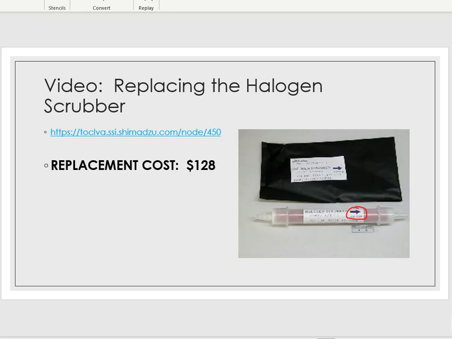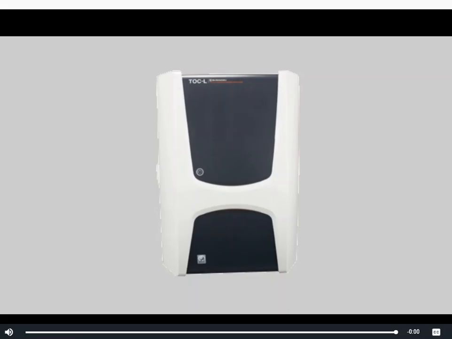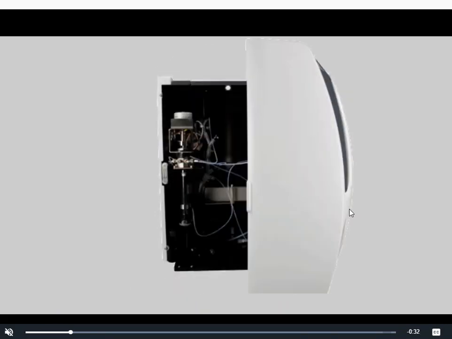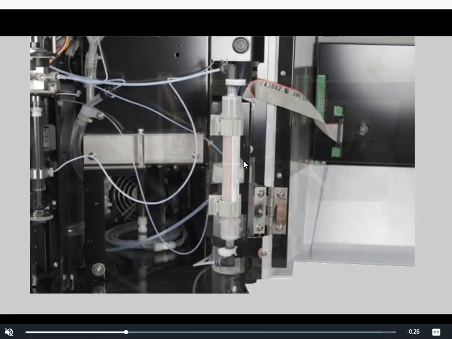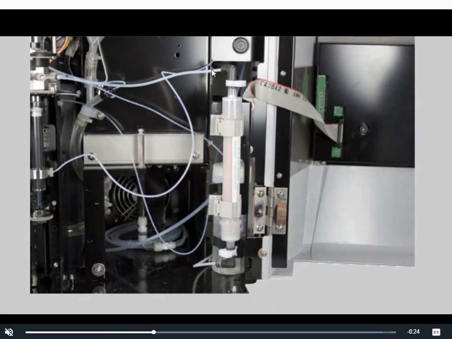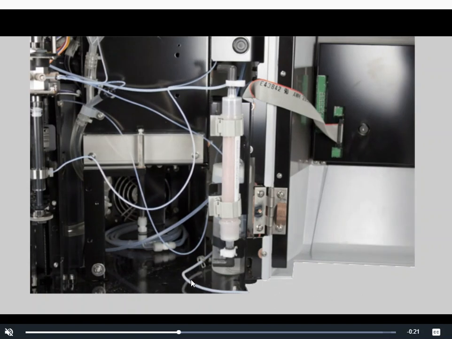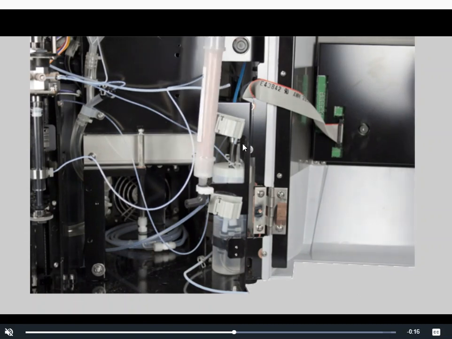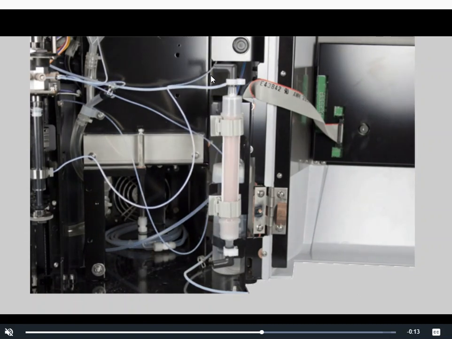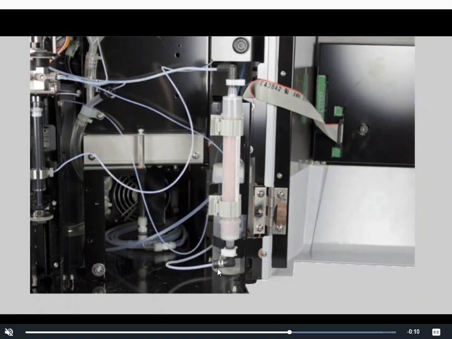I do have a video that shows you how to remove this. I mean, it's very simple, but I can still show you. Okay, so here's the front of the TOC instrument, and we're just going to kind of slowly play this. You're going to see them open up the door, and when they open the door up, they're going to zoom in on the halogen scrubber area, which is down there in the bottom right-hand corner. The tubing line gets disconnected from the top and the bottom, and then this entire halogen scrubber gets removed, and the new scrubber is put into that position, and then the tubing line again gets connected to the bottom